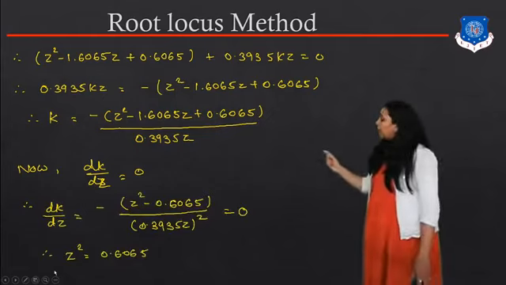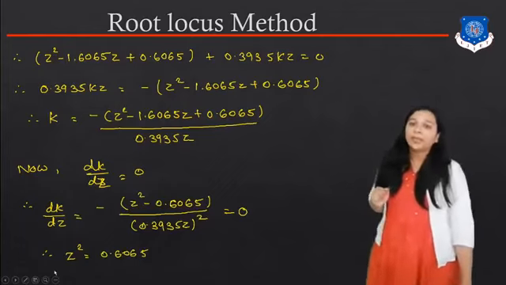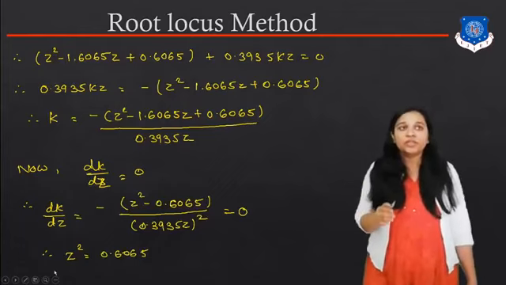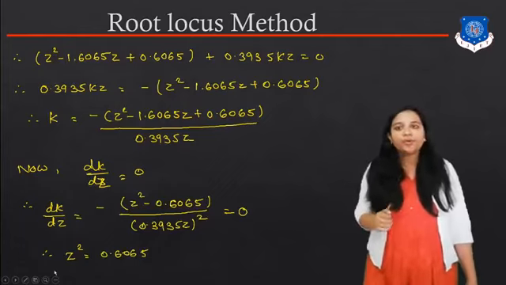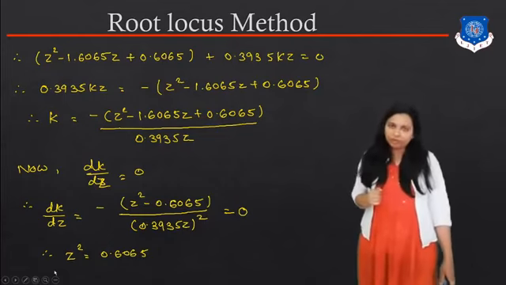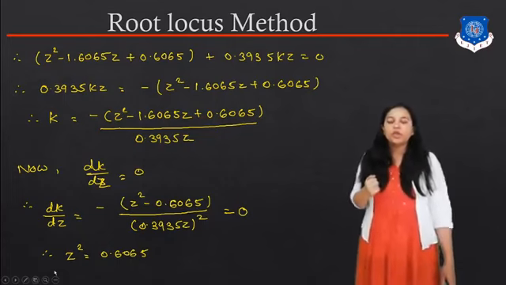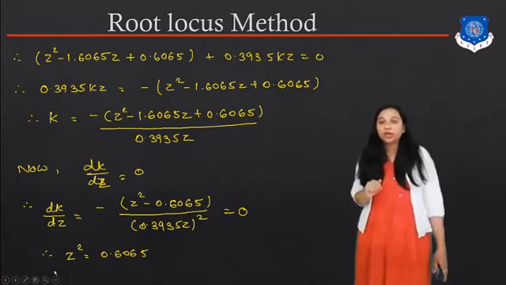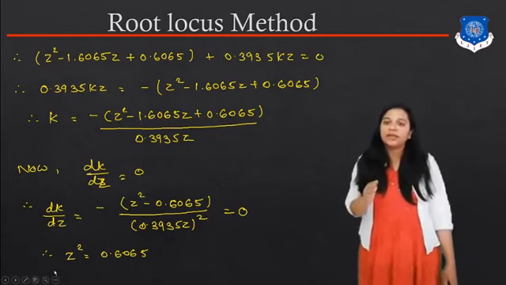We can get dK by dz is equal to minus (z square minus 0.6065) upon (0.3935 z) whole square is equal to 0. As you see, the numerator becomes 0, we can get z square is equal to